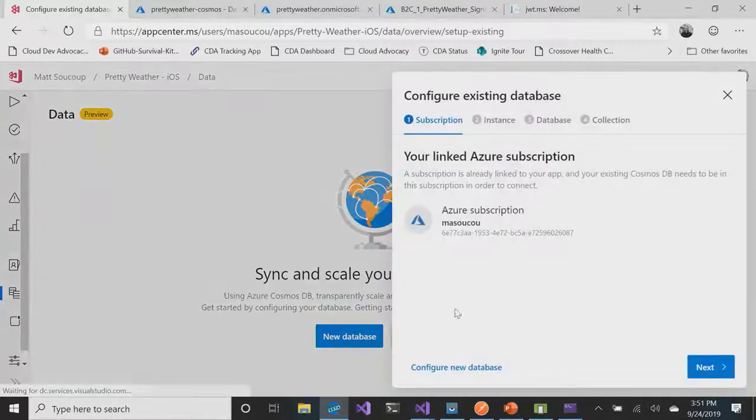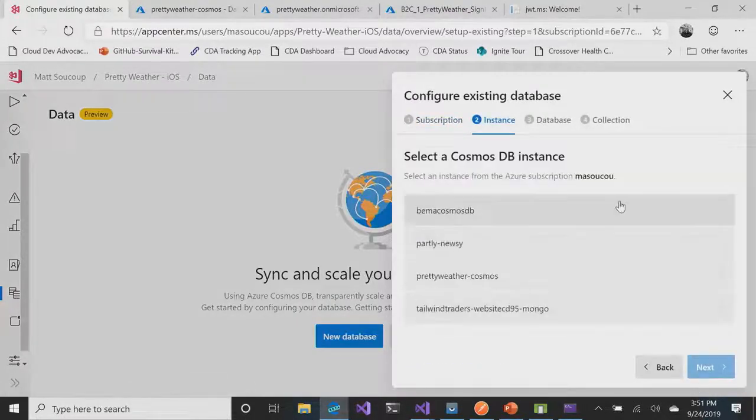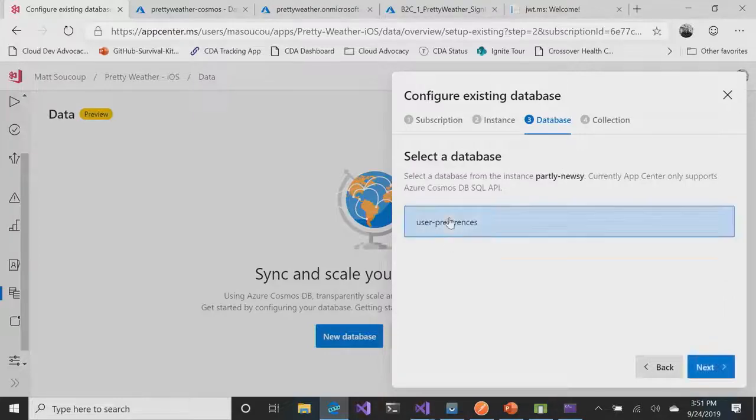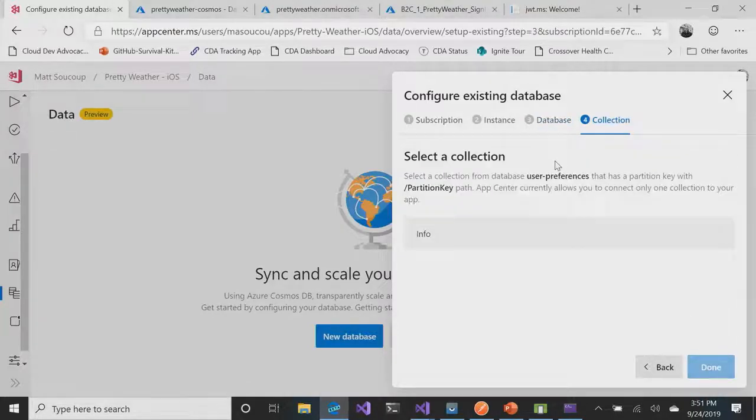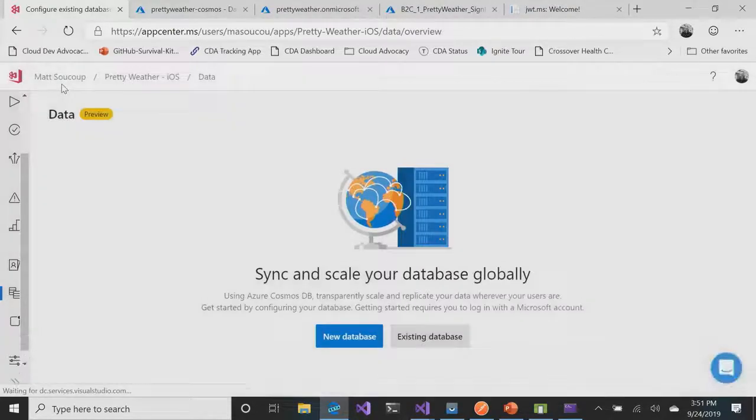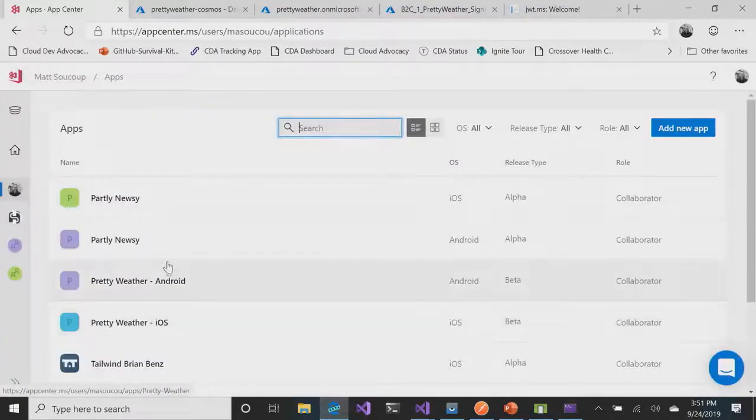All I'm going to say is I want to use an existing database, use my subscription, hit next here, which database within it, user preferences, which collection, and that's it. I would hit done. So to show you one that's already set up and ready to go